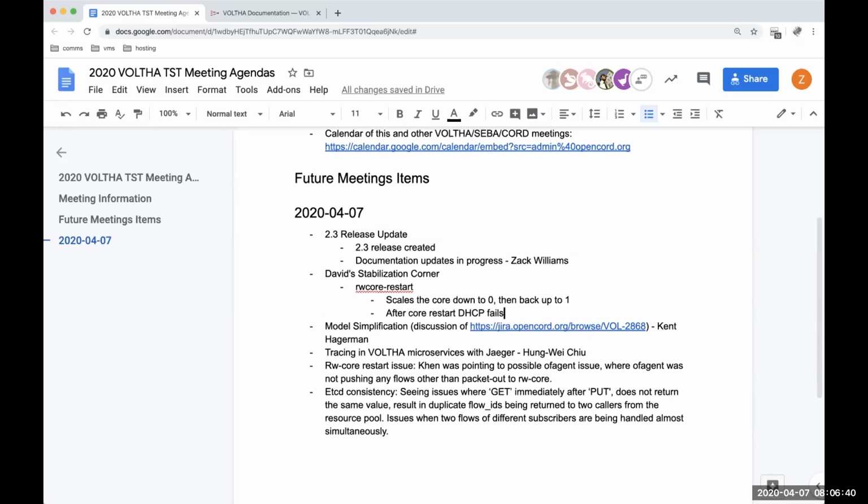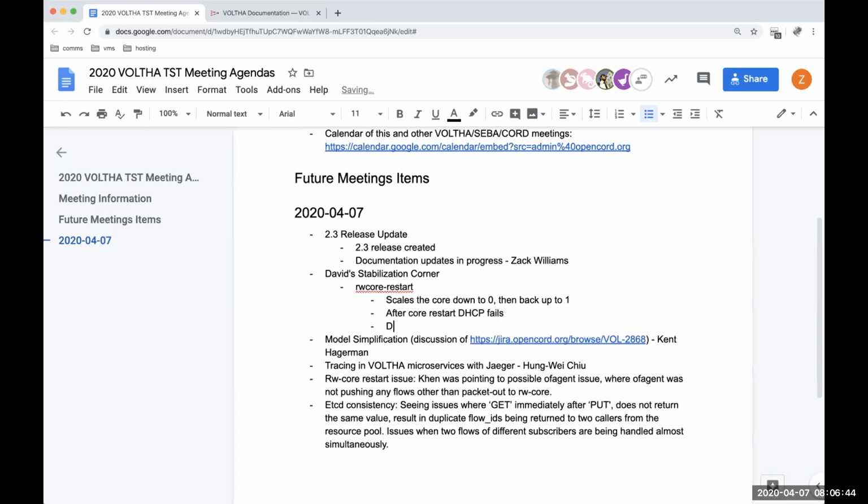And I will open a JIRA on this. I don't know if there's a JIRA on it right now. I'll open a JIRA on it later today and put a log file with it. Something that, in my opinion anyway, needs to be lifted up in terms of priority, as if we can't restart certain containers, that's a significant issue.